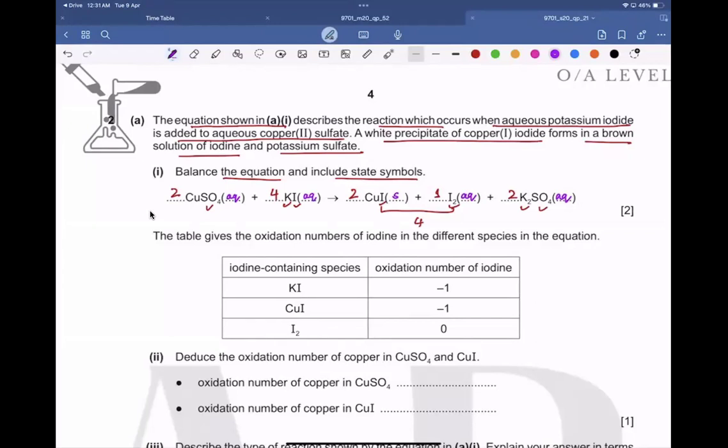Now, the table gives the oxidation numbers of iodine in different species in the equation. Okay, in potassium iodide, iodide is -1. In copper iodide, it's -1. In iodine, it's 0. Reduce the oxidation number of copper in copper sulfate and copper iodide. Okay, so if we work over here as we did in redox, there is no charge over here, so it means